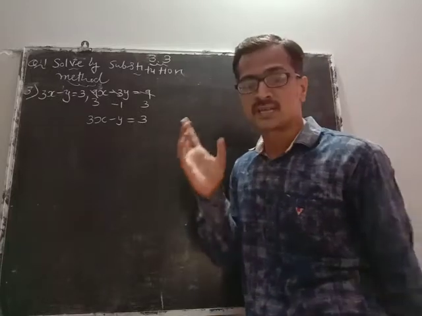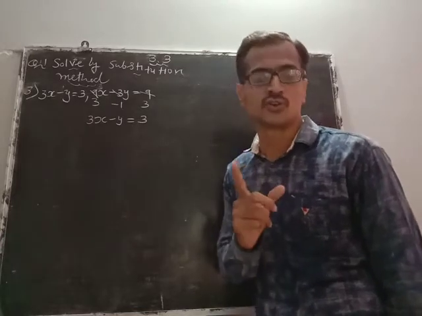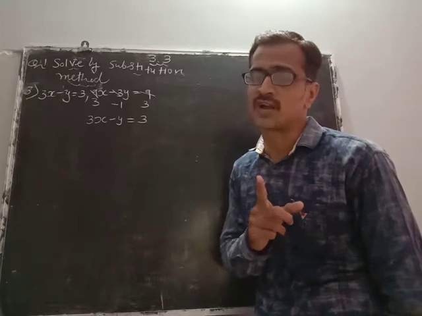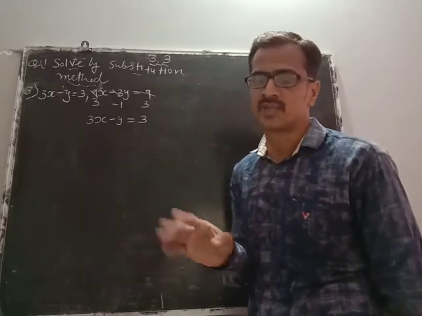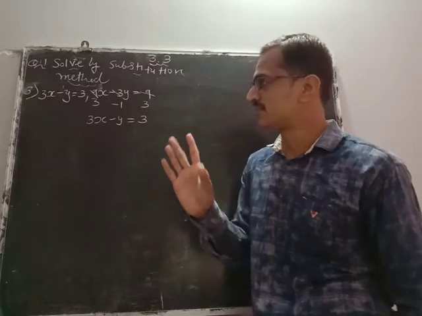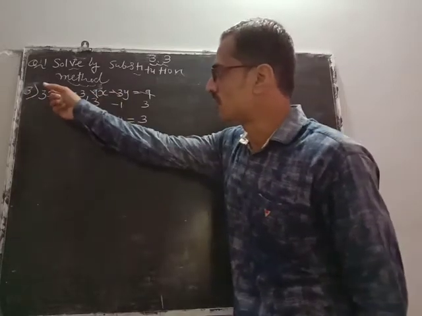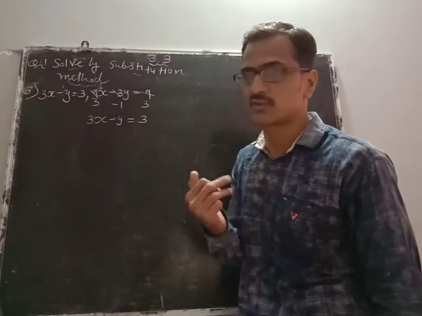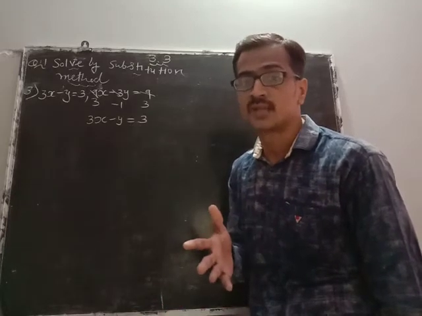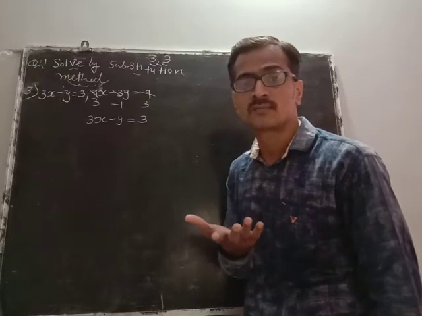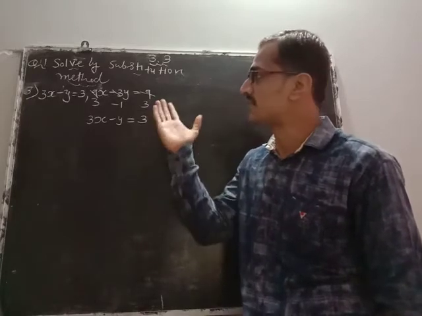And remember one thing. Graphical, substitution, elimination and cross multiplication are methods to find a unique solution. Only if there is a unique solution can you find it. If there are infinite solutions or no solution, then from any method you will not get anything, you will not get x and y at all. So let's check: both equations have become the same, so how many solutions? See, coefficient of x same, coefficient of y, nothing given, that is minus 1, here minus 1. Coefficient of y also same, constant also same. All coefficients same, that means what? All ratios same. Remember, if all ratios are same, that means what? It has infinitely many solutions. So we cannot get the value of x and y from this method.